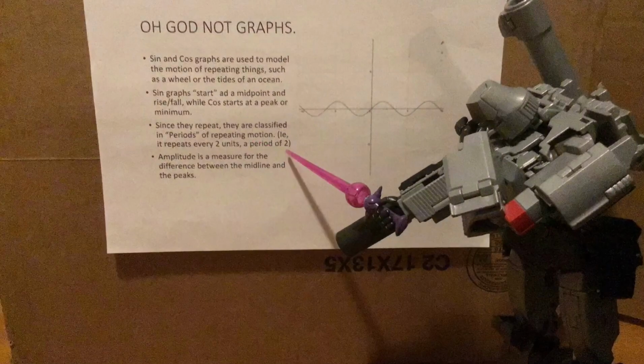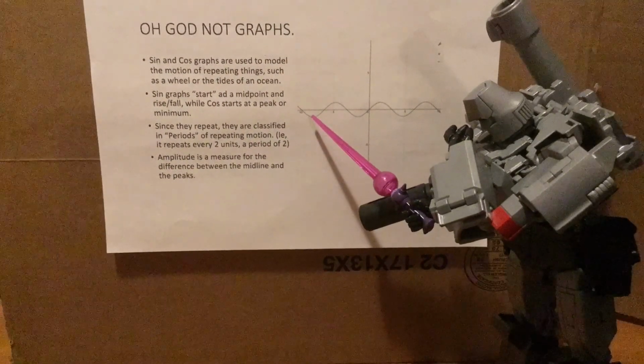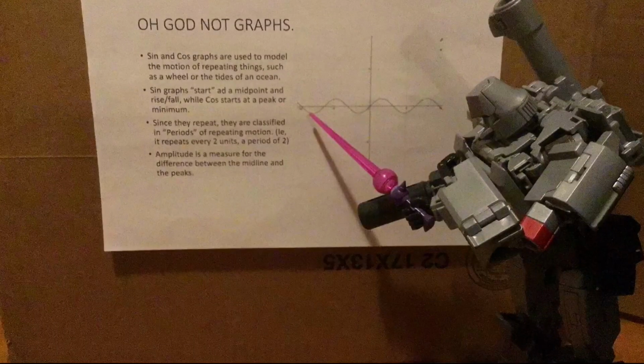Sine and cosine graphs are used to model the motion of repeating things and motions, such as a wheel rotating or the tide of the ocean or my brain shattering. Sine graphs start at a midpoint on the graph and then rise or fall, while cosine starts at the peak or minimum of the graph. Since they repeat, they are classified in periods of repeating motions. For example, if it repeats every 2 units, it has a period of 2. Amplitude is used to measure the difference between the midline and the peaks,